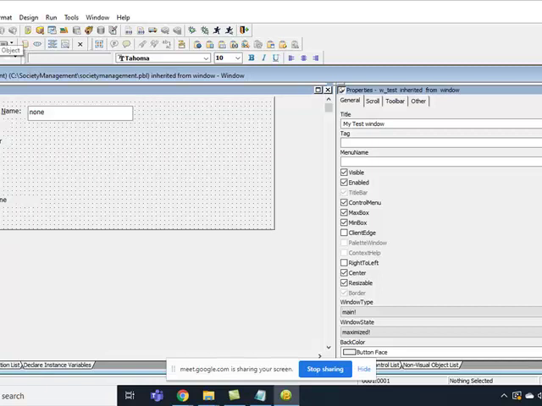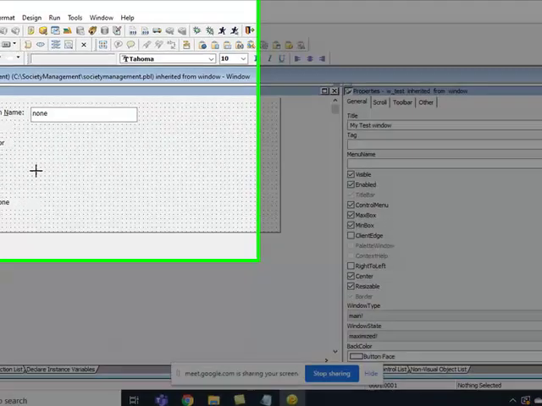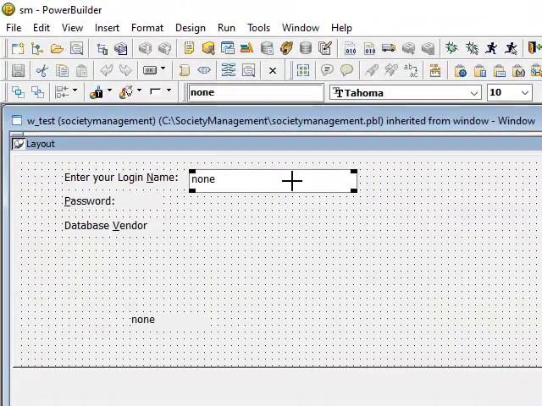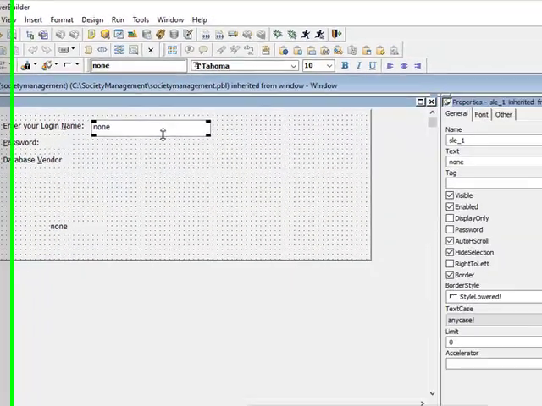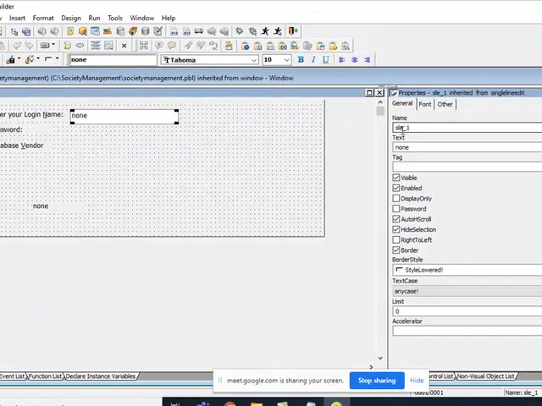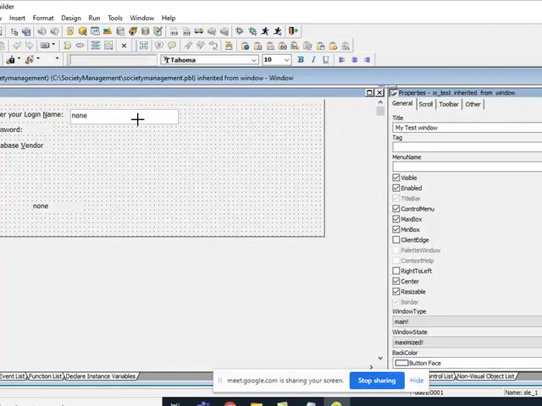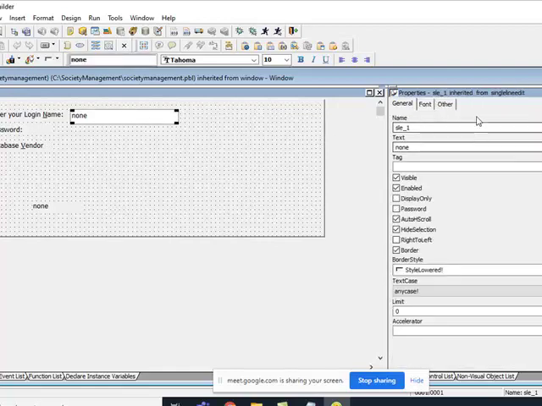Now we are going to do something interesting. This is your text box, sorry, this is your SLE, single line edit control. Whatever object you select, on the right-hand side you will see the properties of that object only.